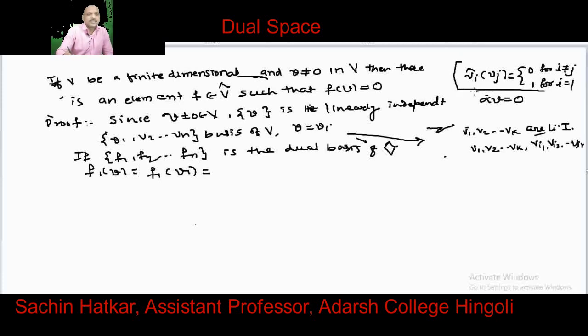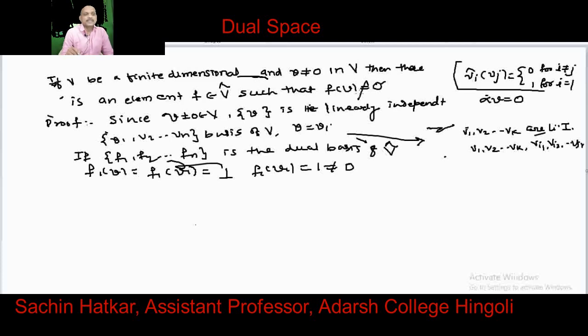Here Vi cap, here we have taken F1 Vi, and for i equal to j, Vi cap of Vi equal to 1, F1 of V1 equal to 1. What we get then? Here we get 1. F1 of V1 equal to 1, and 1 is not equal to 0, and therefore F of V not equal to 0, this is what we want to prove, and we have shown that there is